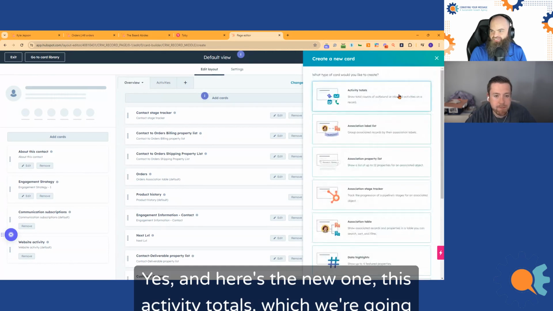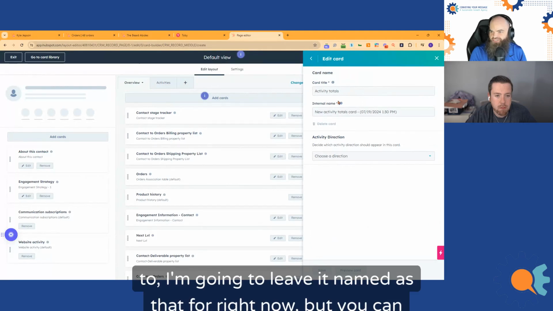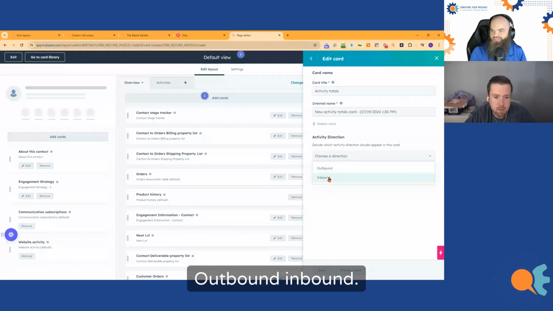And here's the new one, activity totals, which I'm going to leave named that for right now, but you can choose a direction. This is cool: outbound, inbound.